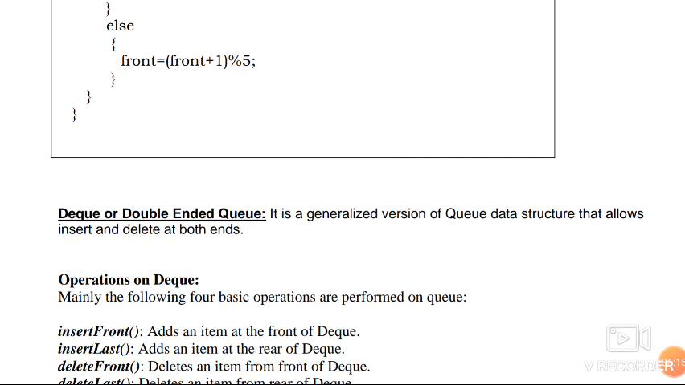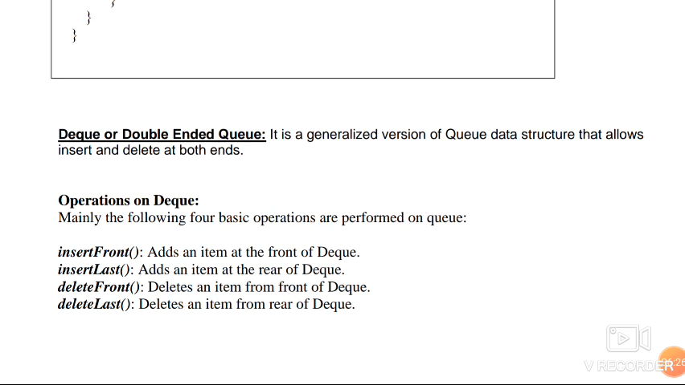Similarly, in output restricted queue, we can perform delete operation from the front as well as from the rear. So, these are the four basic operations performed on the queue: insert at the front, which helps to insert an element from the front side; insert at the last, which helps to insert an element from the rear side. Similarly, delete front, which helps to delete an element from the front side; delete last, which helps to delete an element from the